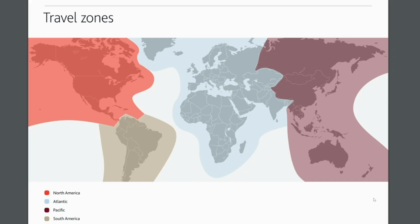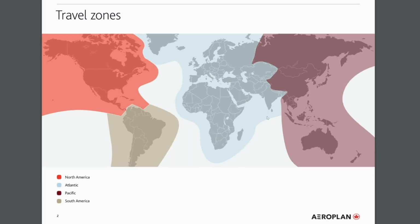Not only does Air Canada have great routes for flights to hub cities like Tokyo, Taipei, and Singapore, but you can also use Aeroplan routing rules to save on flights to India. Here's how. Here's another trick about how Air Canada does their zoning and their routing. Weirdly enough, India is considered as part of the Atlantic zone. It is in the same zone as Europe and the Middle East and Africa, rather than in the same zone